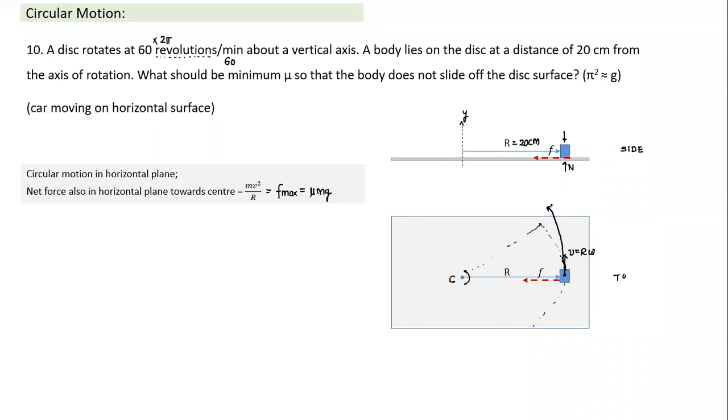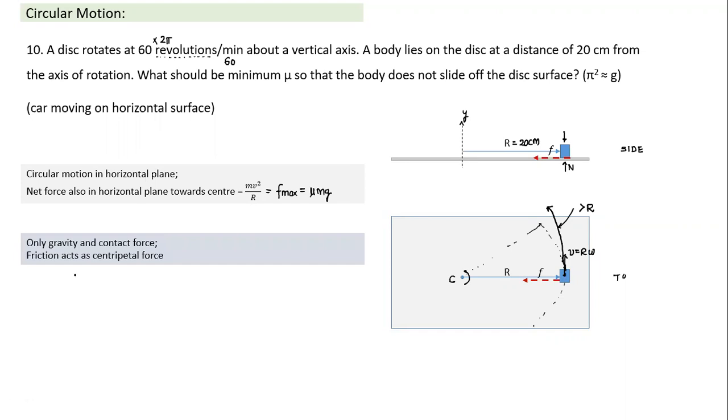Essentially what happens when it is slipping is that the radial distance will not be constant r, it will increase. So when slipping happens, it automatically moves in a path with radius greater than r. Slipping implies the radius becomes greater than the fixed distance. If r increases, the centripetal force required will decrease and become equivalent to the friction force. That's why slipping takes place: it automatically increases the radius of the circular motion in which the object moves.